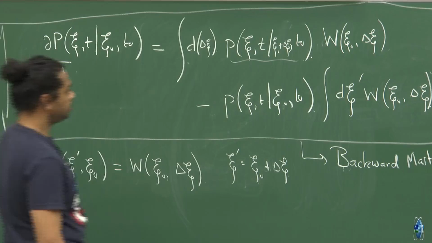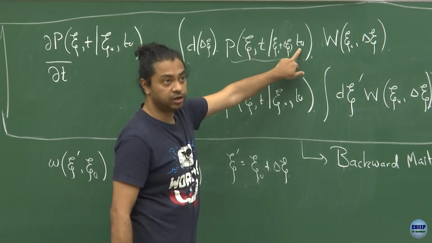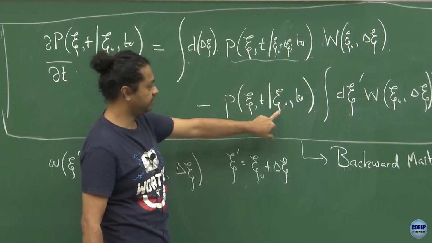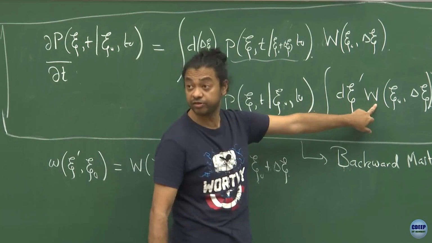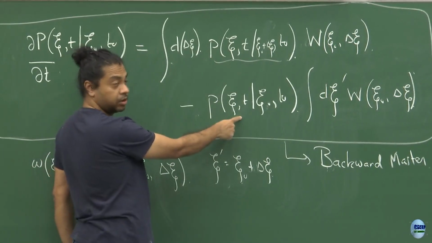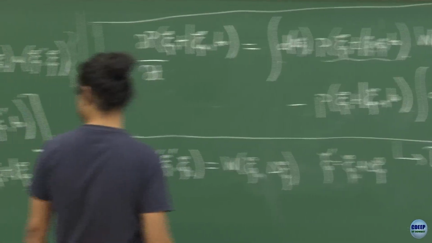So, the first term will give me P(ξ, t | ξ₀, t₀) multiplied by the transition rate, which is exactly this. So the first term will cancel this first term, and I will be left with other higher order terms. Then, if I want to write the higher order terms,